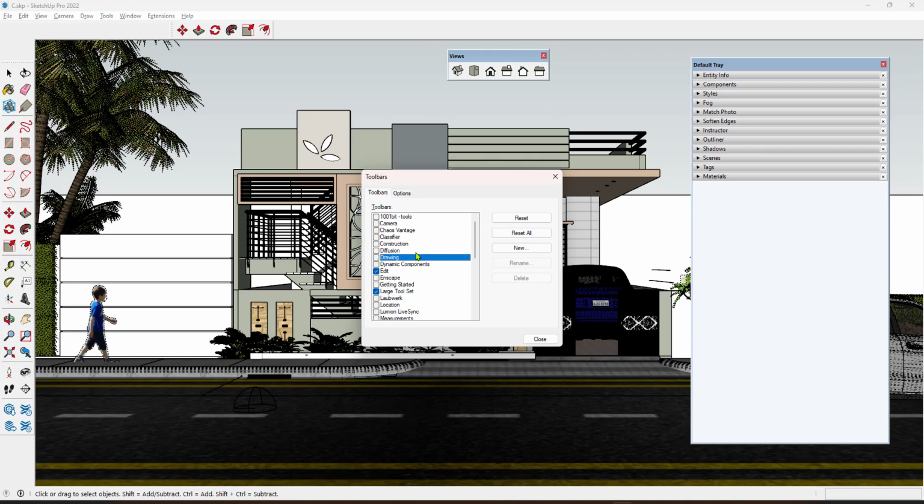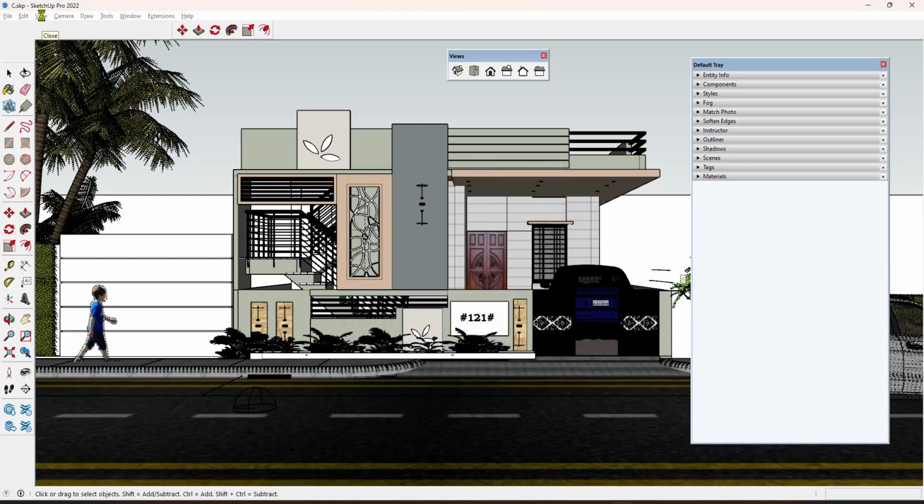And then view option. You can scroll down and click on the view option. In this way, whichever command or toolbar you want to show on the working area, you can click here. I am just hitting the close option. Next we have